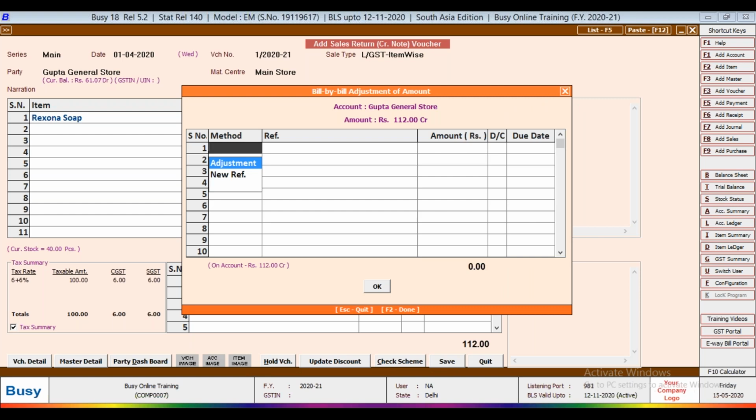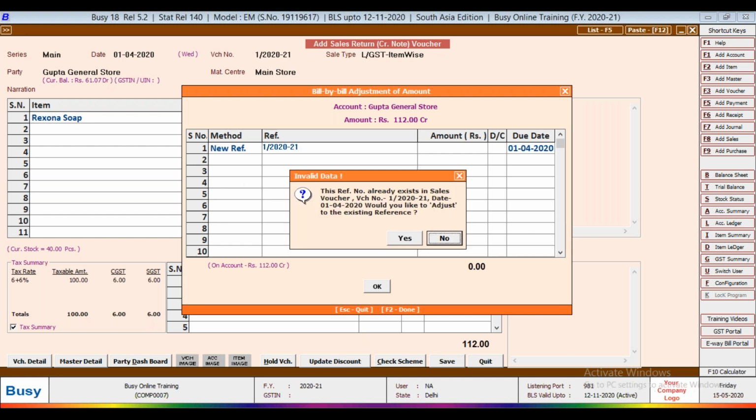Now press F2 for saving. If you want to adjust the reference, then adjust, otherwise new reference. Now this reference already exists in a sales voucher. So at the time of sales return, you have to make sure that your voucher number is not the same as the sales voucher number, because sometimes if you use the same series and same voucher numbering, then at the time of GSTR filing, it shows an error of duplicate invoice numbers.